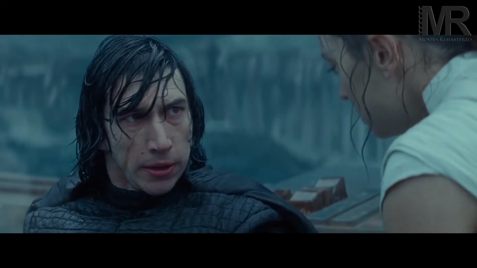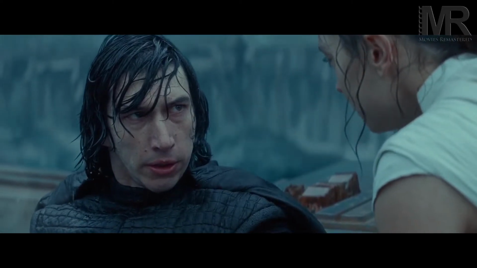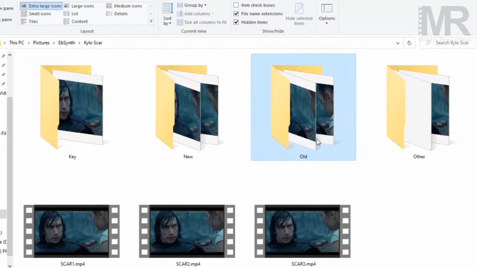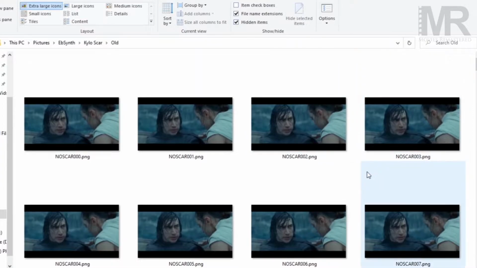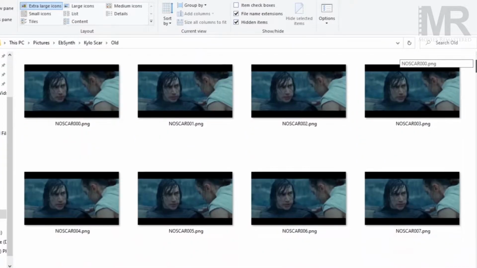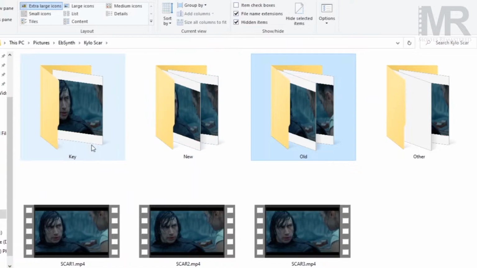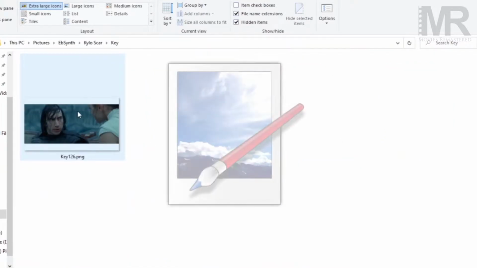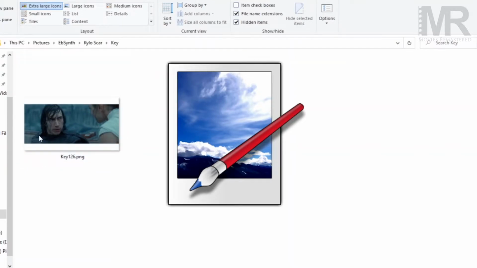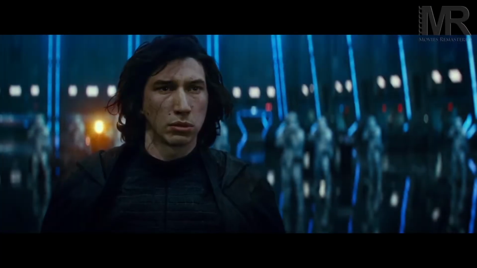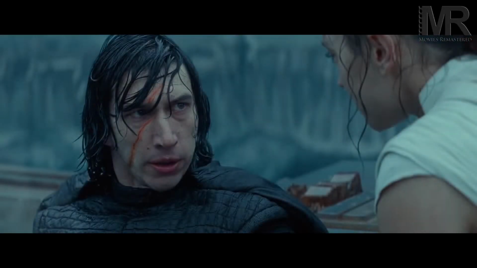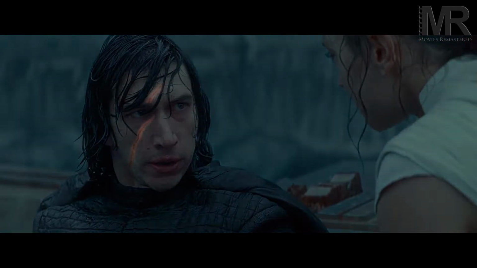Thanks, Movies Remastered. In making this shot, the first thing I did was export it as a PNG sequence to a folder marked old. I then picked a frame from the PNG sequence to act as my keyframe, and copied it over to a folder marked key. I then opened the copy in a free image editing software called paint.net. Then I pulled a frame from an earlier scene where I could easily extract the scar, and smoothly added it to Ben's face. And then I saved just the scar on a transparent background